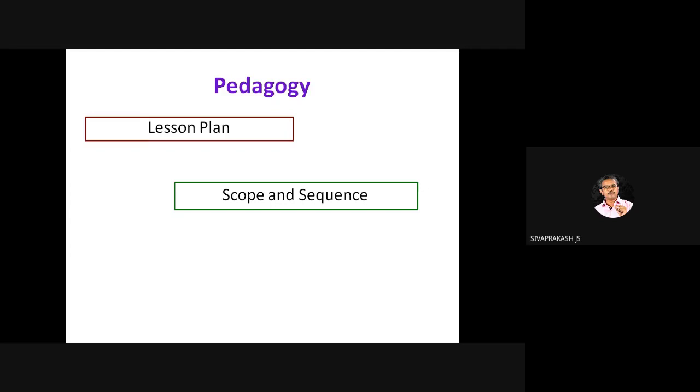But we never practice this in real life in some of the educational institutes. They practice only during investigations, during someone's visit, right? During the NAAC visit, everyone will prepare a file with their lesson plan, scope and sequence, and keep it in the file. It happens only for formalities. But in real life, the lesson plan and scope and sequence matching with the curriculum helps a lot.